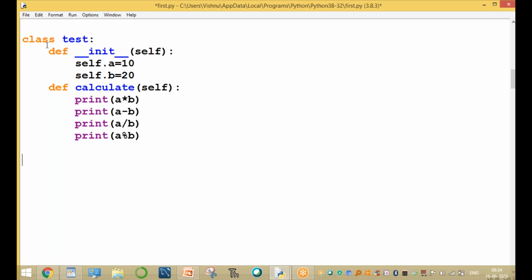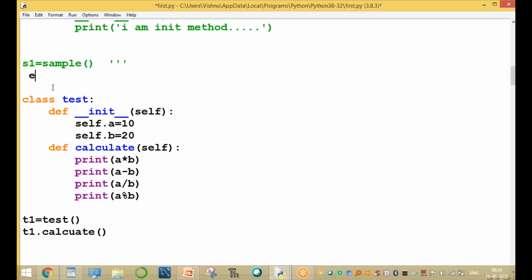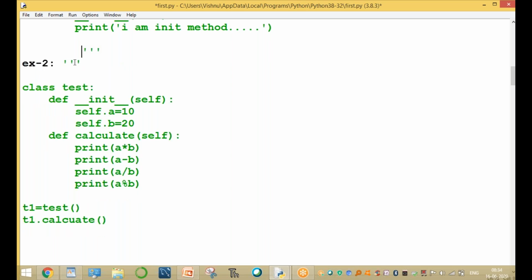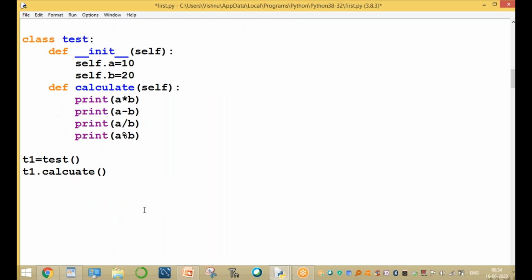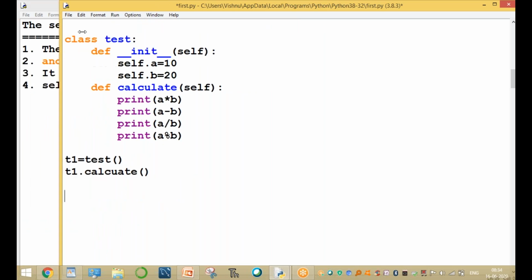And here to call it: t1 equal to Test, then t1.calculate. This is the method. Now we are observing example 2. Now we are creating one class, class Test.